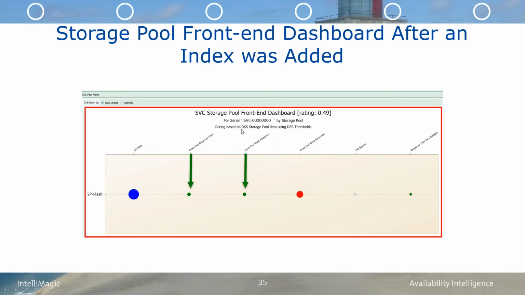So these dashboards that you look at, they're based on DSS thresholds, even though it's storage pool data. For the response times in particular, they're based on what we think that controller can do in terms of response time based on the workload. So it is definitely based on what the capabilities are of the controller. These thresholds show that there's a problem, and it's not just a simple threshold like an SLO threshold,